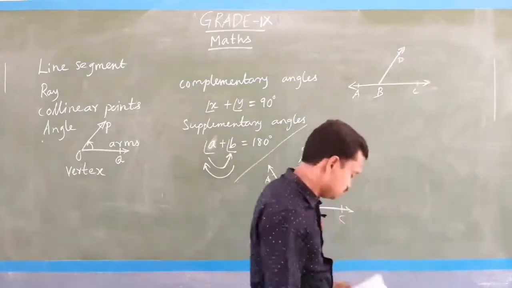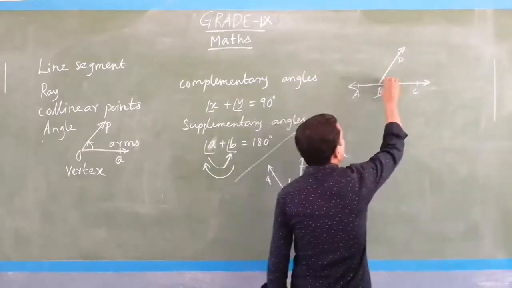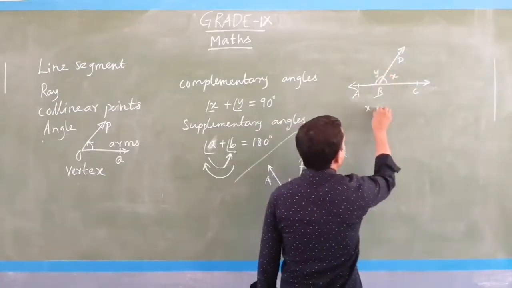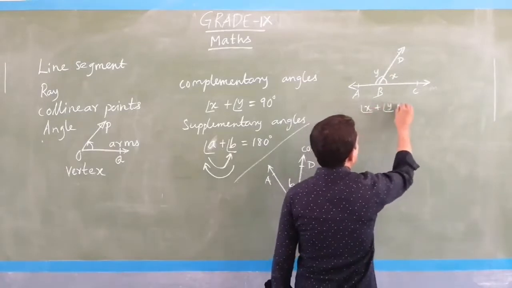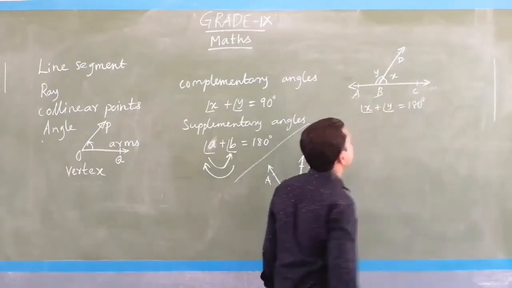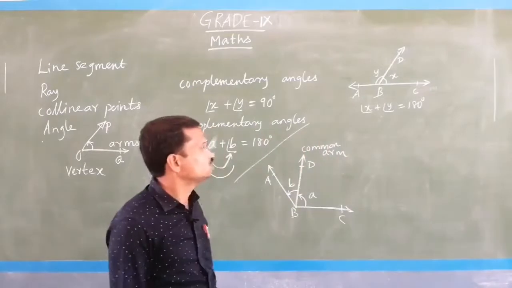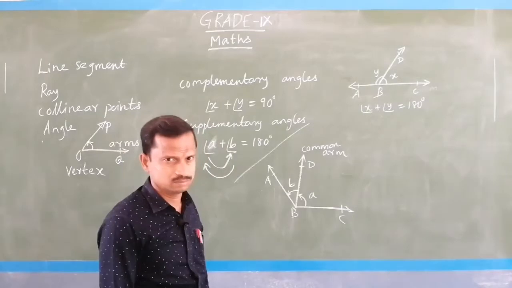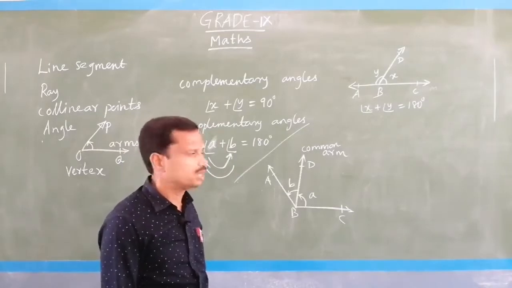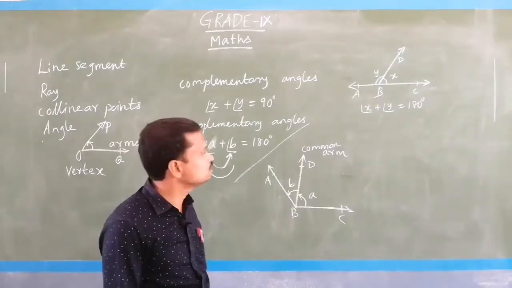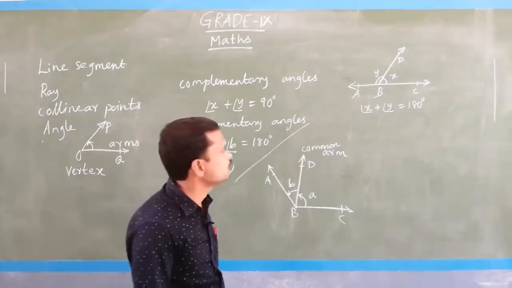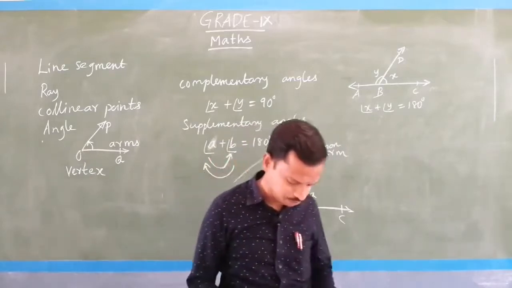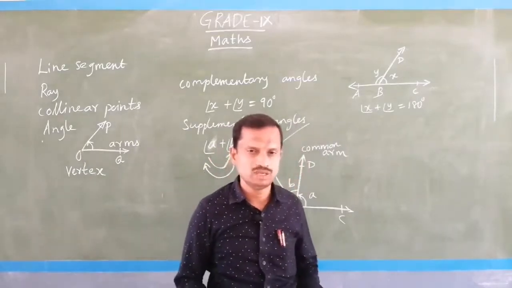A, B, C, D. So, these two angles, for example, this is X and this is Y. So, if angle X plus angle Y is equal to 180 degrees, then we can say that X and Y are linear pair of angles. They are adjacent also, but if the sum of the two adjacent angles is equal to 180 degrees, then we can say they are linear pair of angles. So, you can write that one, and then